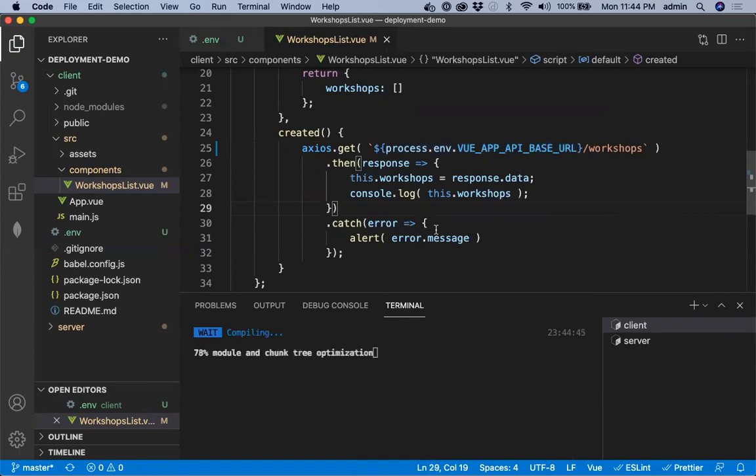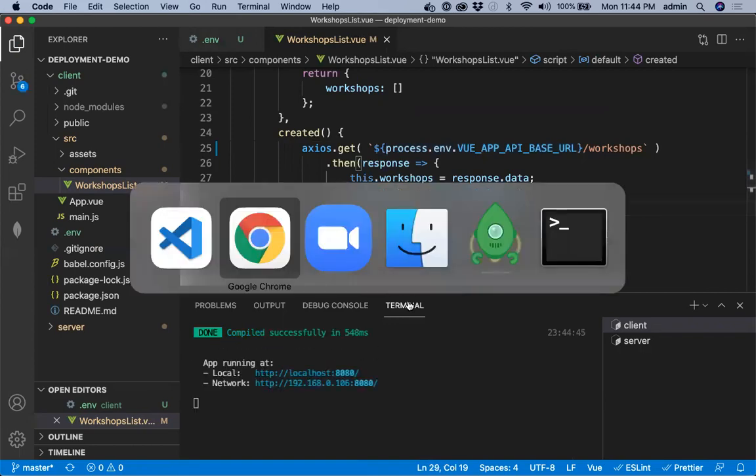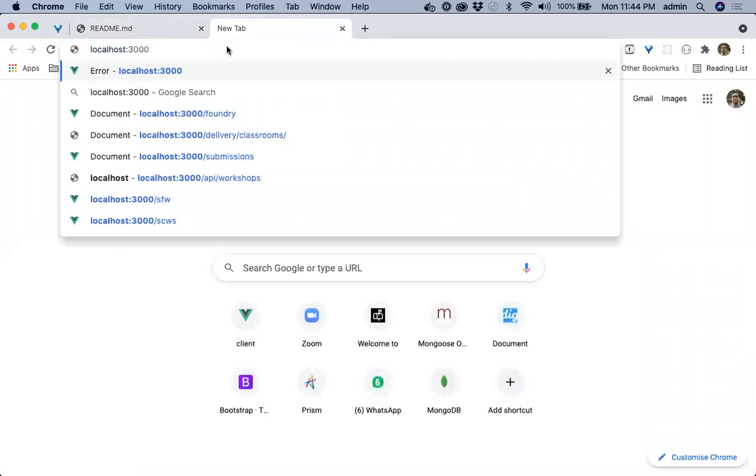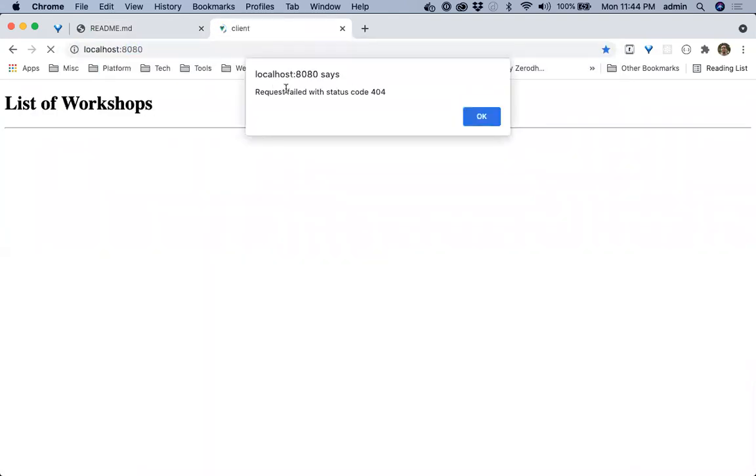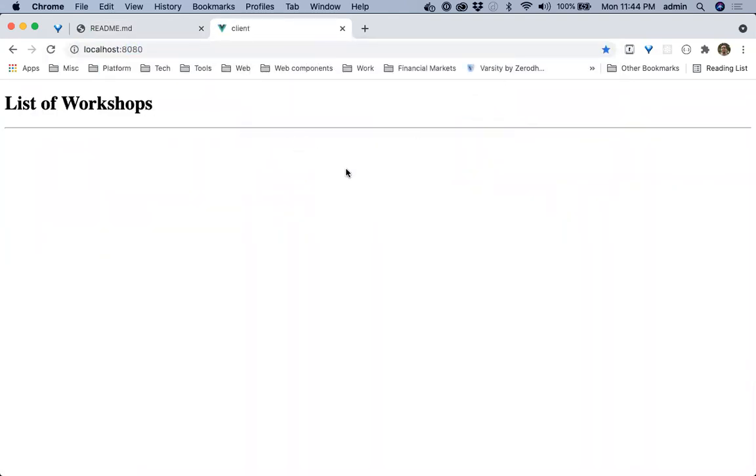So now we can verify that our app is still working. No, it's at 8080. It seems like it is not.